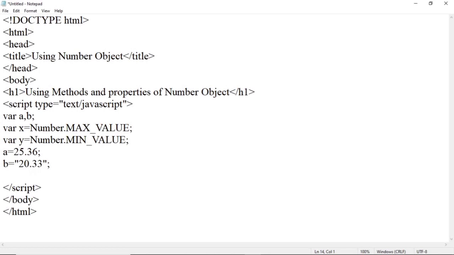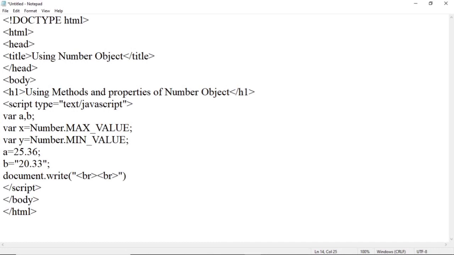After that we have to print different data using different methods. To print anything on the screen, we use the document.write statement. document.write in brackets. Here, so that every statement is on a next line, we use a br tag. So br.